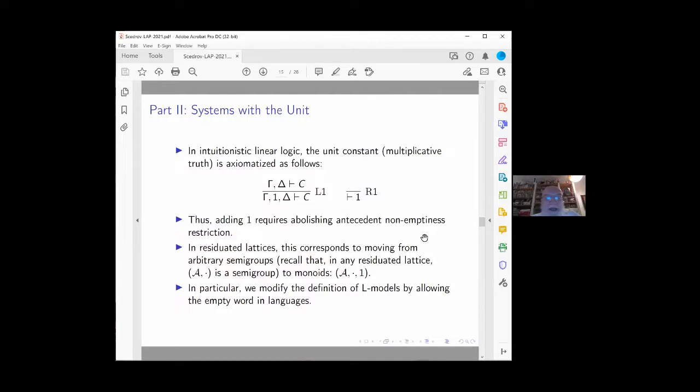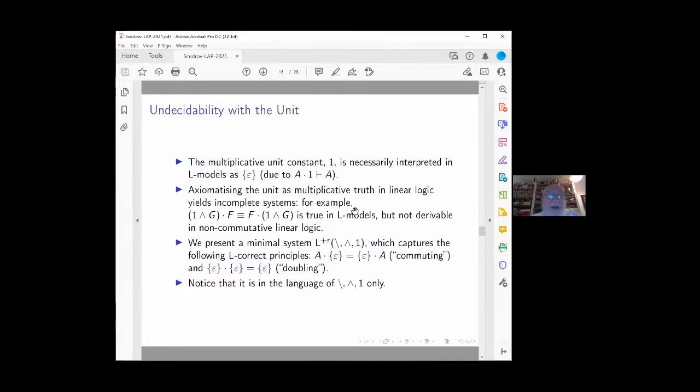In residuated lattices, in general, this corresponds to moving from arbitrary semigroups to monoids with respect to multiplication. And in particular, for L models, we're going to modify the definition of those algebraic operations by allowing the empty word in languages. And lo and behold, we get undecidability. More precisely, the multiplicative unit constant one is necessarily interpreted in L models as the singleton consisting of the empty word, and